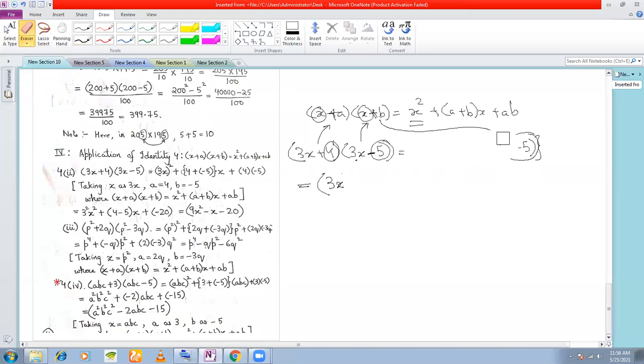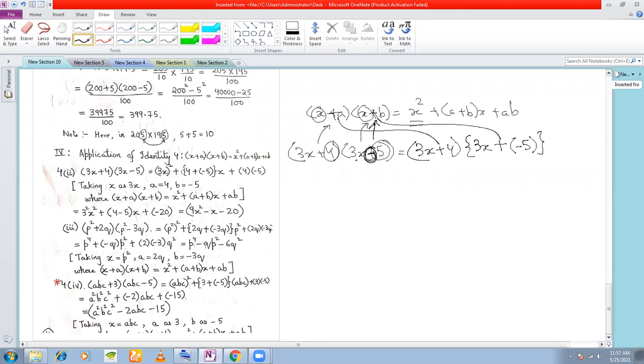Can you just explain the second part again? Okay. See here, you have 3x plus 4 into 3x minus 5. So first one is 3x plus 4. This is okay, right? Because if I compare with this, it is a plus sign. Now in the second one, I have a minus sign here, but I have a plus sign here, isn't it? So I'll write 3x, because I need a plus sign here. I'll give a plus sign, but here I will give a minus sign with a 5. So that now when I compare these two, I have a plus sign here, so that this now becomes my A and this now becomes my B. Now is it clear? Yes, sir.